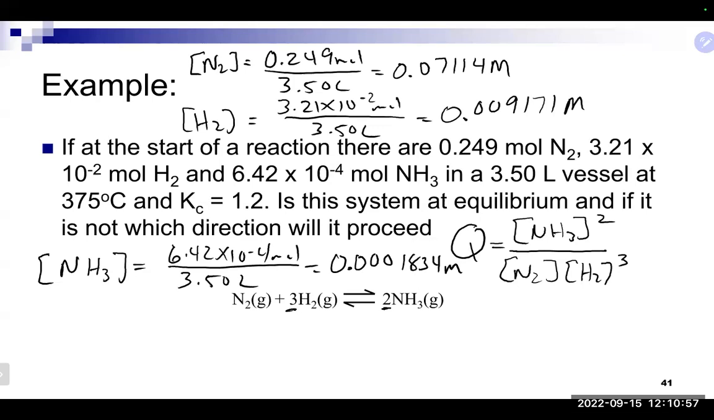All right, now that we have all the concentrations, we can now use our Q expression there to calculate our Q. So let's do that. Once again, our Q is the concentration of NH3 squared divided by the concentration of N2 times H2 cubed. Put in our numbers from the previous page there, that would give us